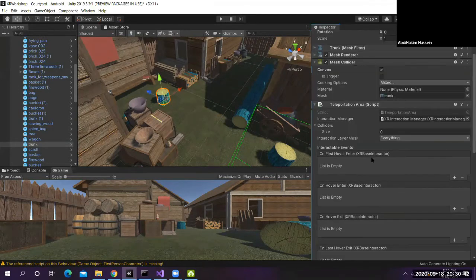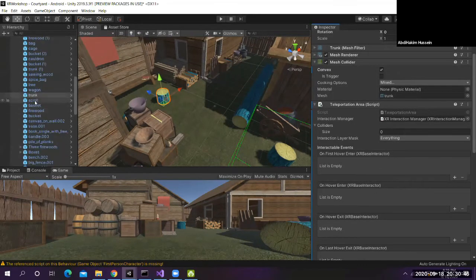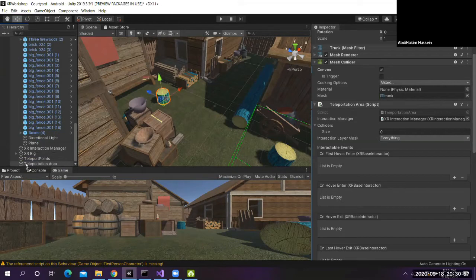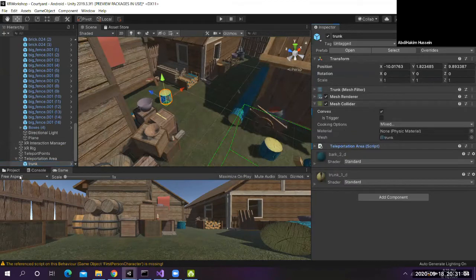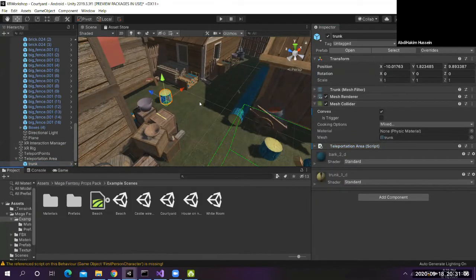Just going to fix it later, but for now, let's just have this one. It's basically a prototype. Yeah, cool. Maybe I can select this trunk down. Yeah, I can just place it right here, the teleportation area, so that I can select more things from that point. And then I can have maybe an interactive element where